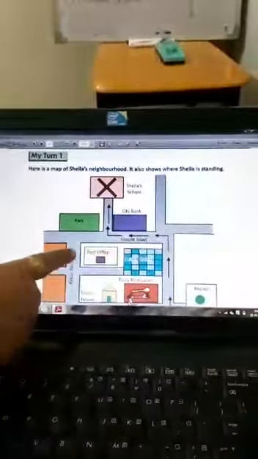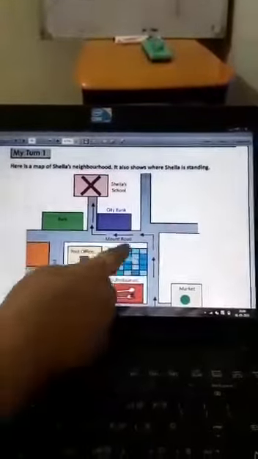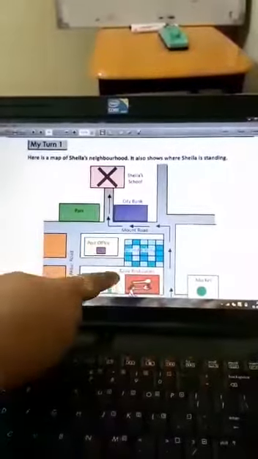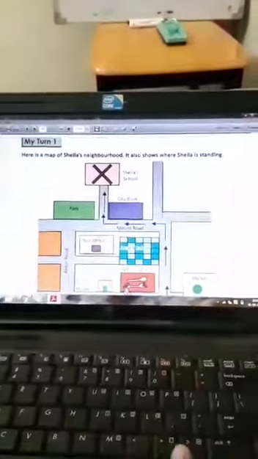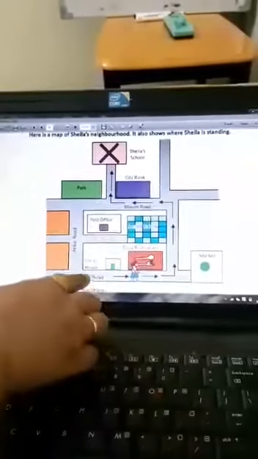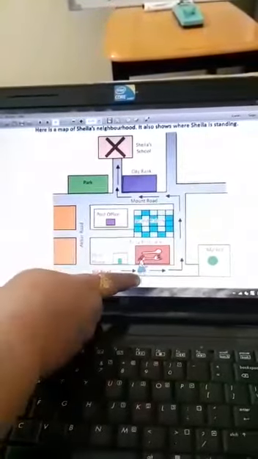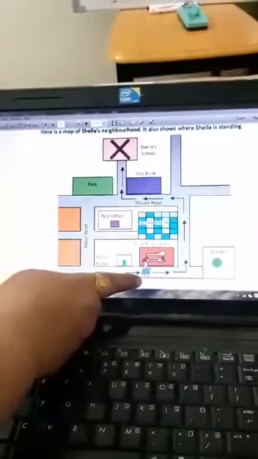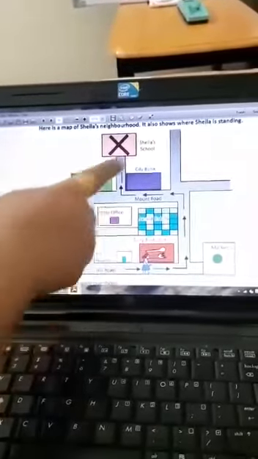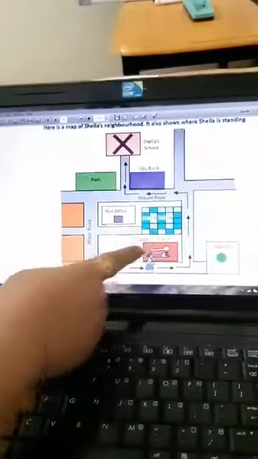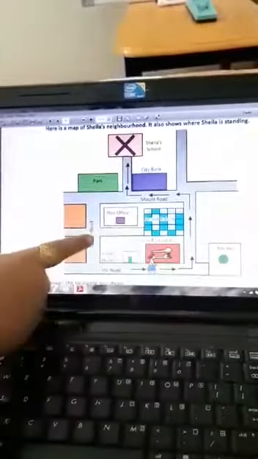Okay, now we can see that this is Shaila's school, City Bank, Park, Mount Road, then Akbar Road, post office is there, Anand Colony. This is a colony. Here the market is there, tasty restaurant is there, and this one is Shaila's house. Okay, this is Hill Road. So we have a map of Shaila's neighborhood, and Shaila is standing here. She has come out of her house and she is standing over here on the Hill Road. Okay, so here is Shaila's school, City Bank, Park, Mount Road, post office, Anand Colony, then tasty restaurant, market, and Akbar Road.